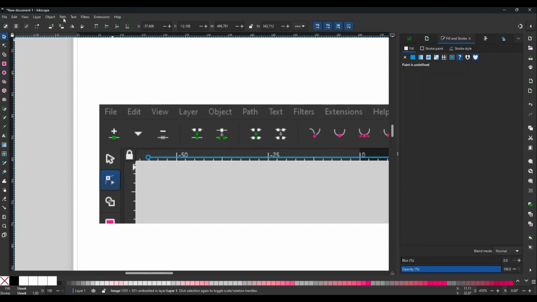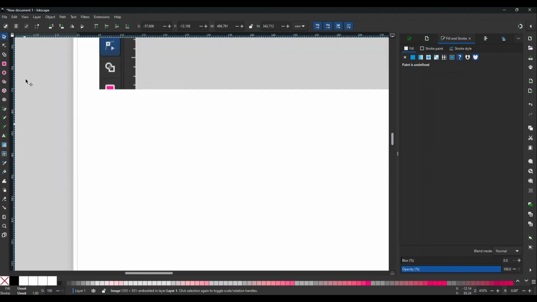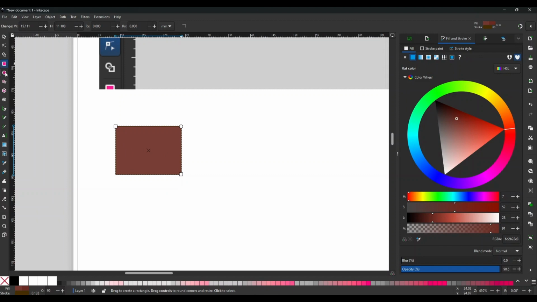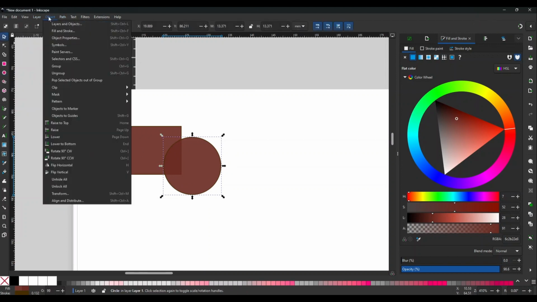The path menu is where we can learn a lot about how to work with many paths in one small area that are overlapping, and some of them we might want to punch holes into, which would actually be a really good place to demonstrate a couple of the things that I do a lot to make shapes of things. The important thing to note is that these aren't actually paths, so we'd have to say